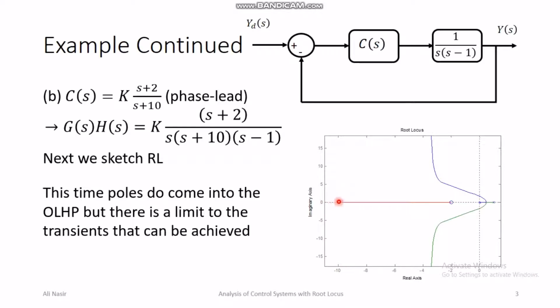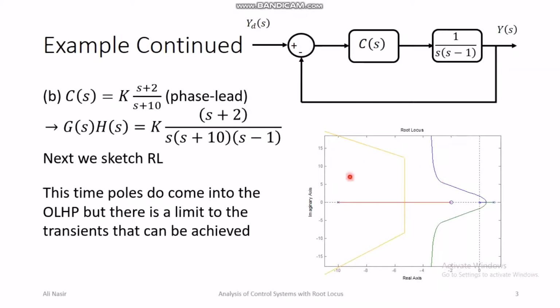We have had the discussion of dominant and non-dominant poles in one of the previous lectures. So if we ignore this pole for the time being, then this is a second order system with these two poles, and we can see that these two poles never come to the real axis. For example, if we have a desirable region like this, and we were to bring the poles in this region,